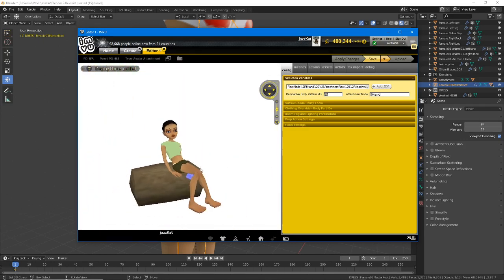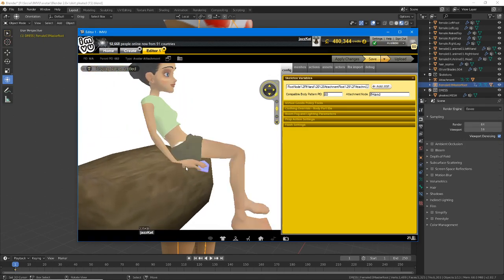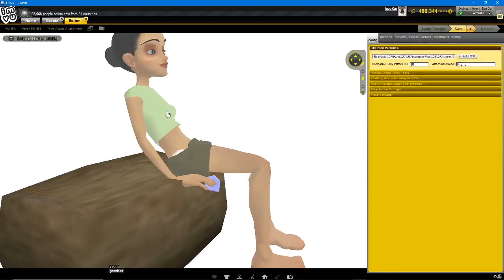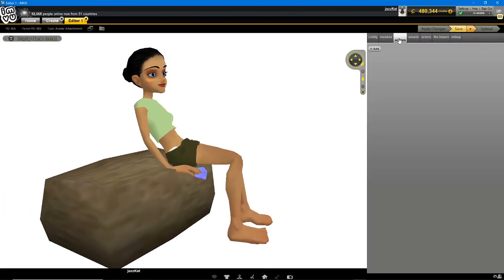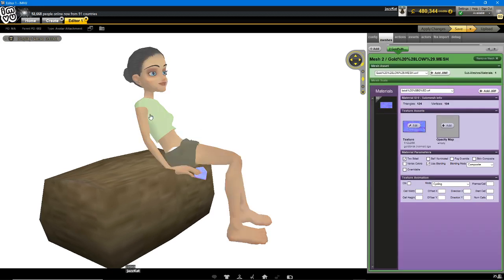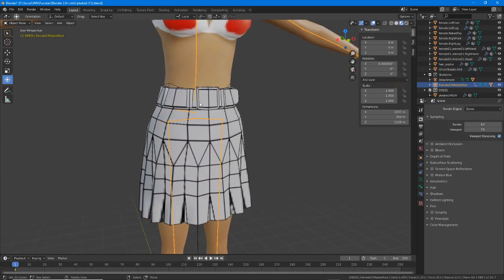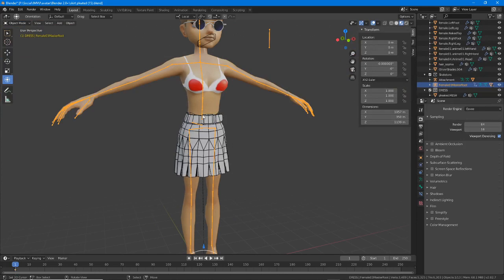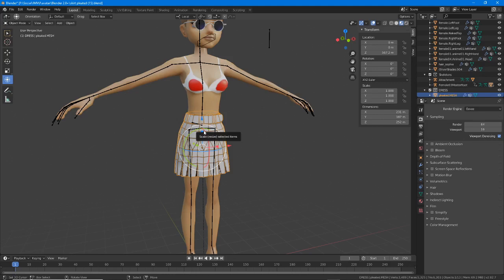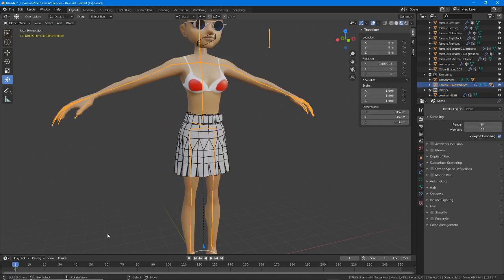So what we've now got available are static poses for each of the main poses that the avatar cycles through. So when you are testing your clothing in IMVU, what you can do is select the skeleton. So this is going to be the alternative clothing file essentially. So in pose mode, you create your item. In this instance, it's the skirt that we were looking at the other day. You can now select the skeleton,